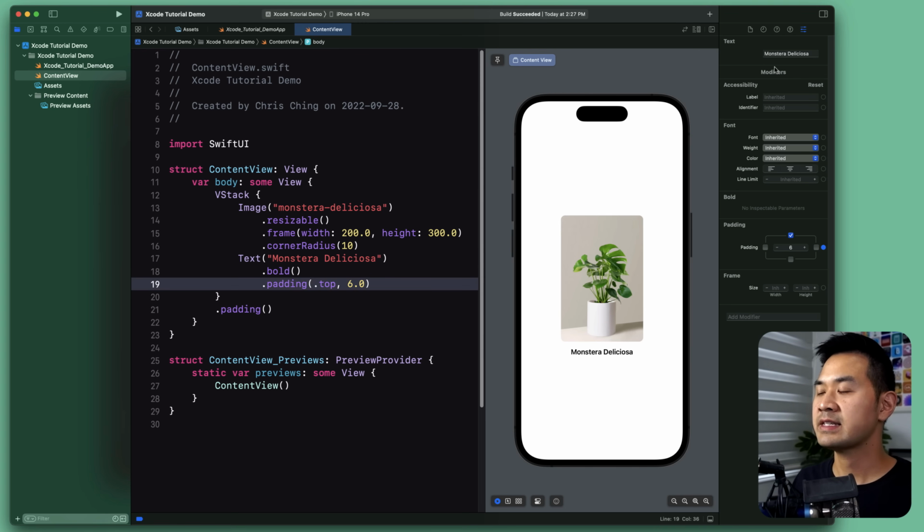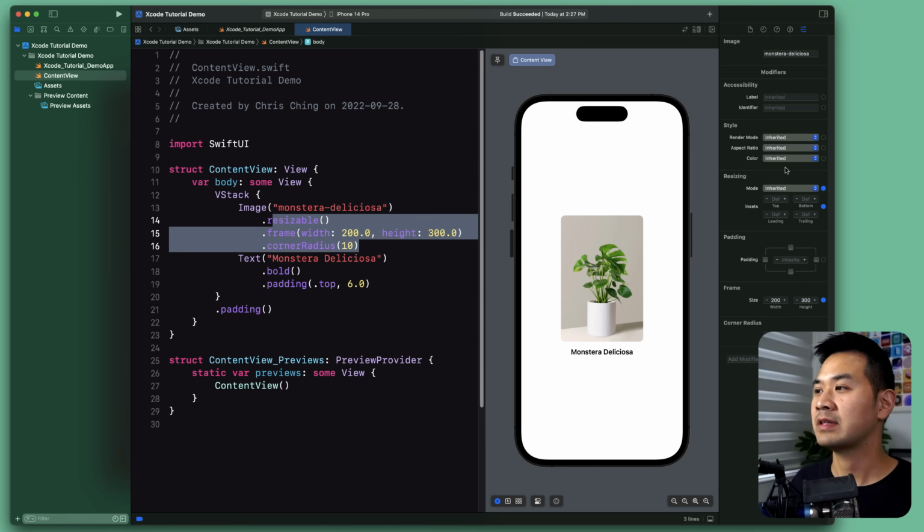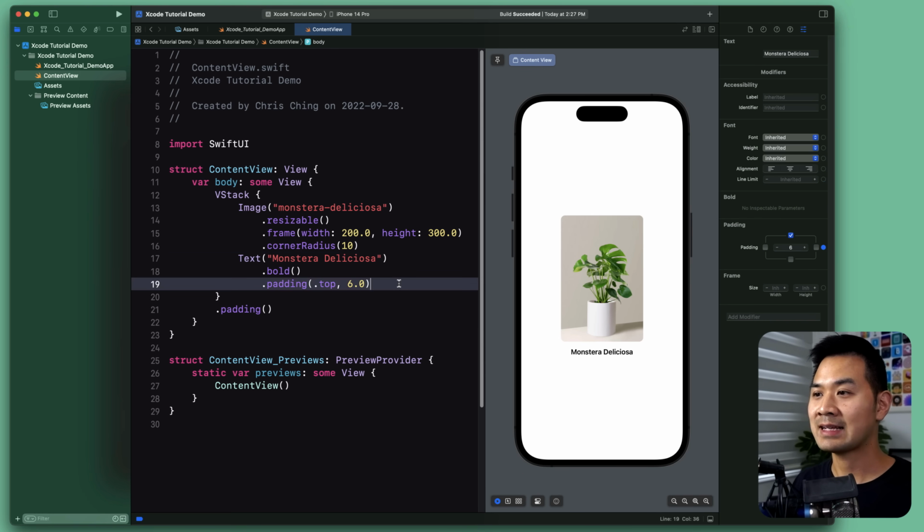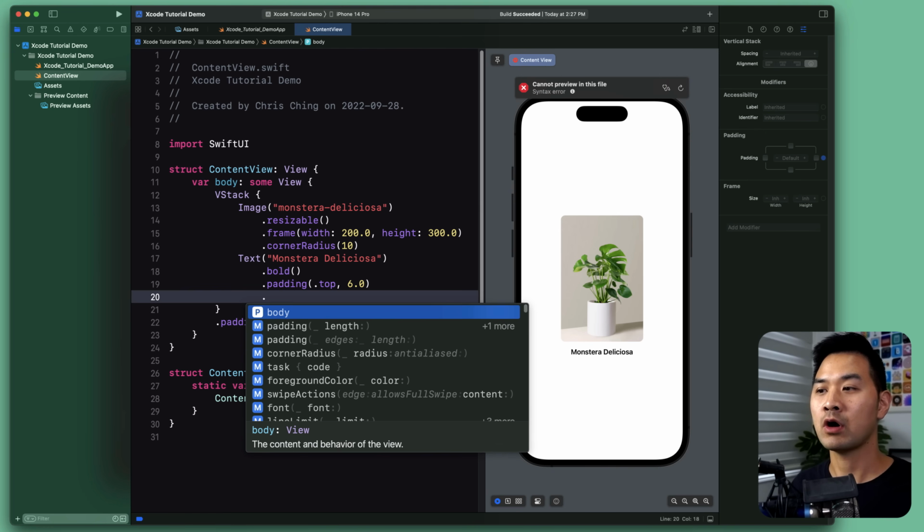So using this inspector to add and edit modifiers for your element is also a very good way to learn what the code representation for that would be. And if you continue building apps and working inside Xcode, there'll come to be a point where it's faster for you to just type it out rather than going over here into the attributes inspector to configure things, because you'll notice that as I'm typing things, there's something called autocomplete,